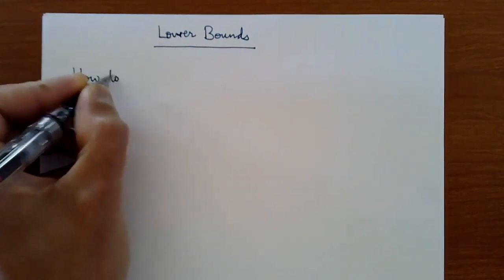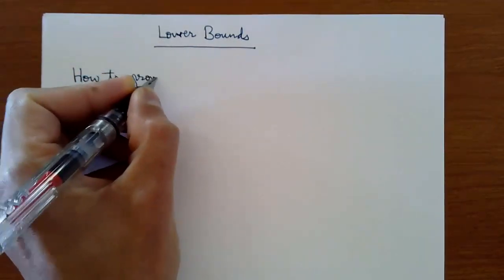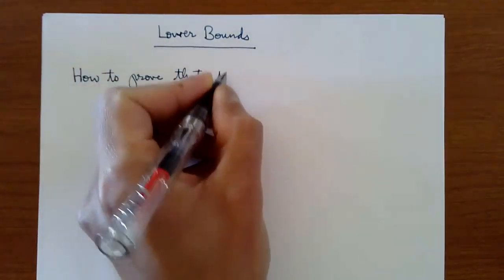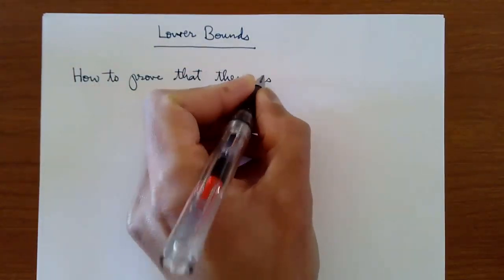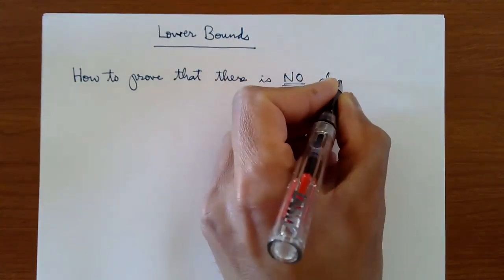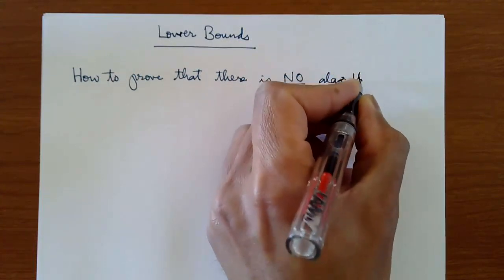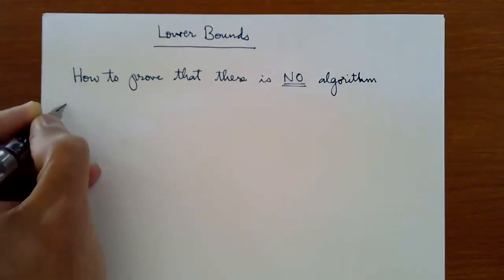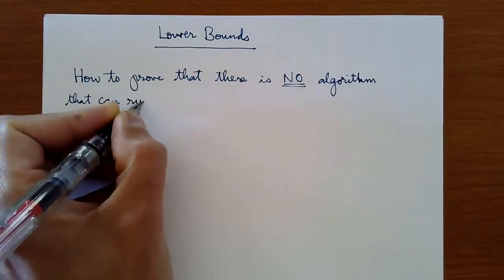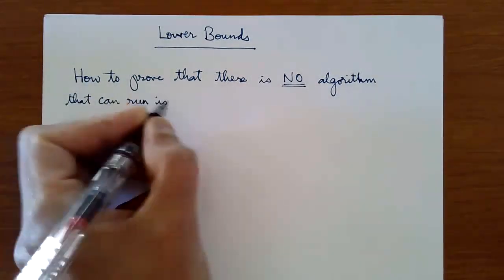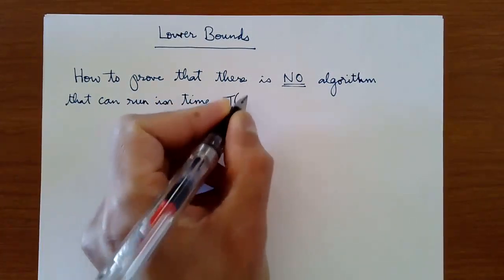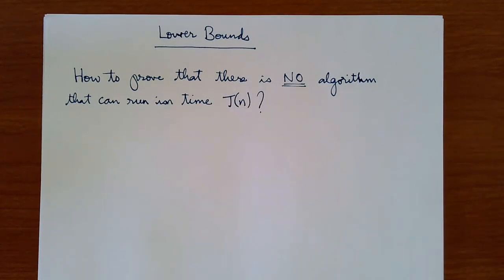So how to prove that there is no algorithm that can run in some time t? So for example,